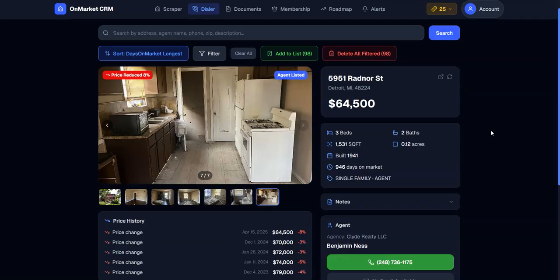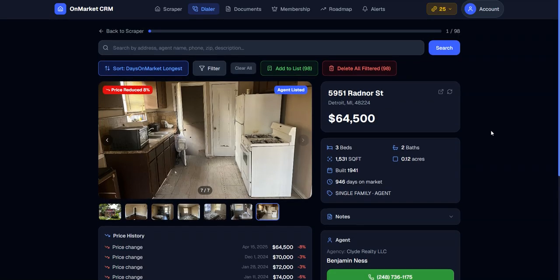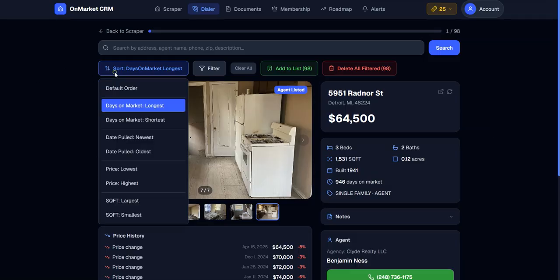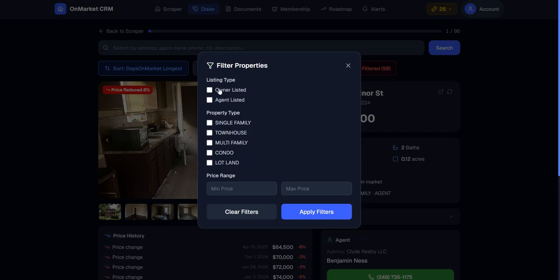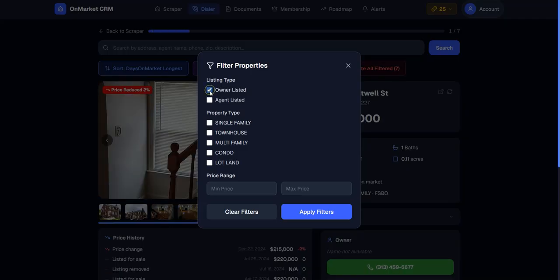to the next page, to the next page, you only get 25 total pages, and we can pull as many as you want. So this can be a list of 10,000, it could be a whole state, and then you can sort an entire state by longest on market or shortest, date pulled, highest to lowest, square feet. All of these, I'm going to be adding more, but you can also do filters, owner listed or agent listed,